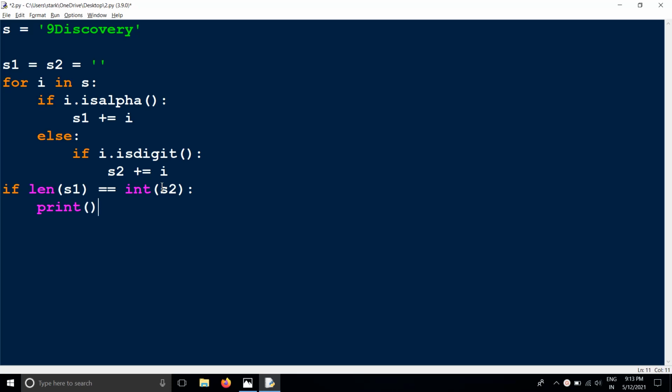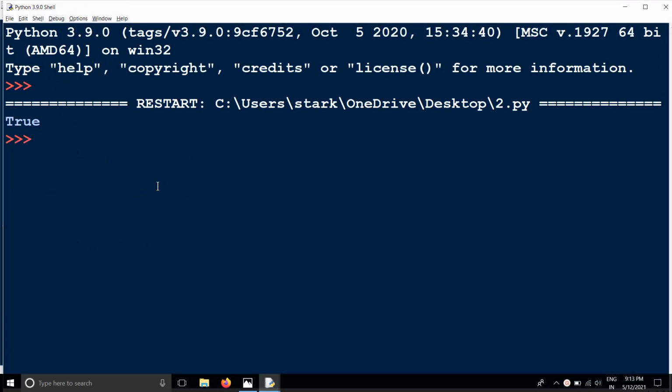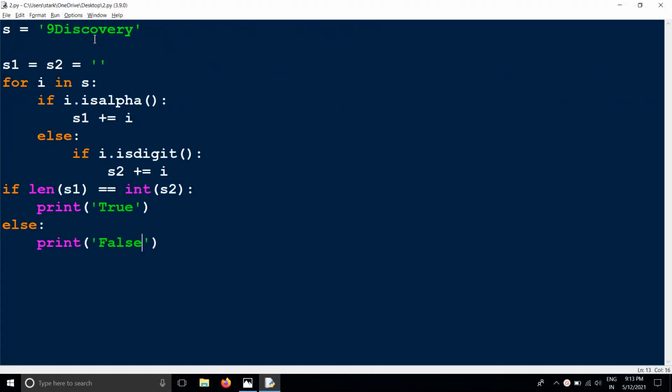I mean you have to print true, or else print false. Yeah. So now if I execute this one, true. 9discovery gives true.